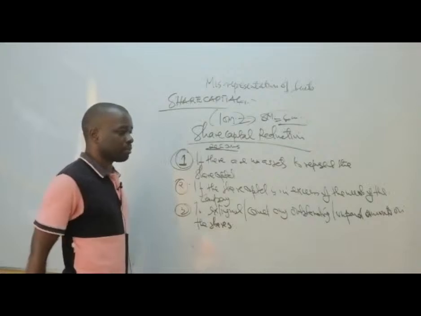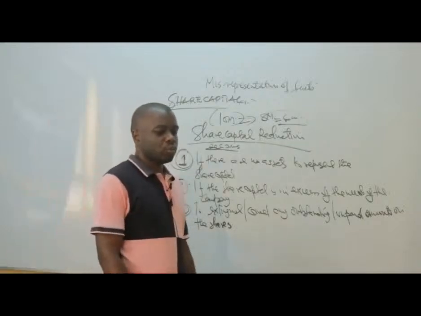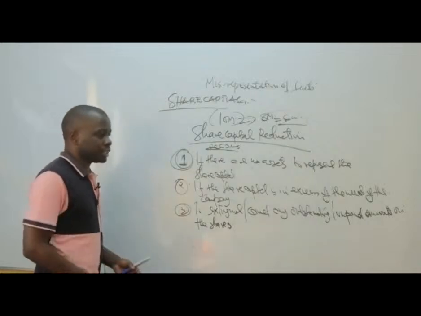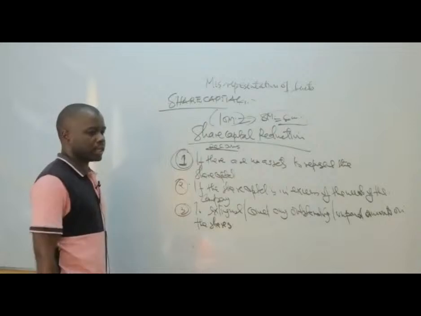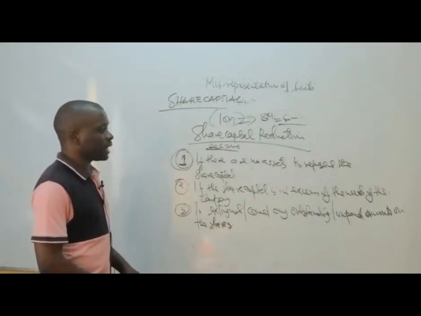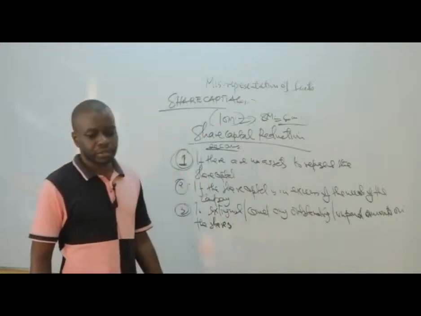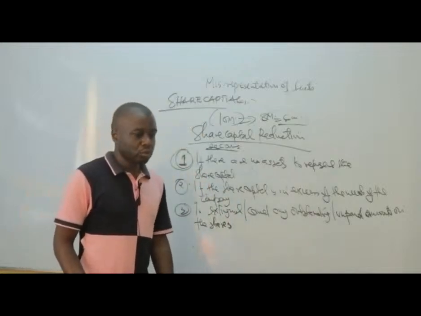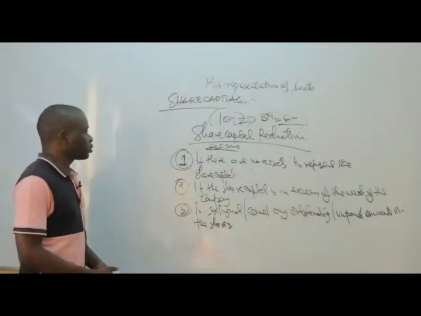And of course, the method of reduction, they'll simply decide upon themselves whether they'll do a buyback of the shares. Then they can decide how they are going to do the share capital reduction. Then if there are no assets representing the share capital, sometimes they can decide to reduce the share capital. So to be able to explain this particular first point, so